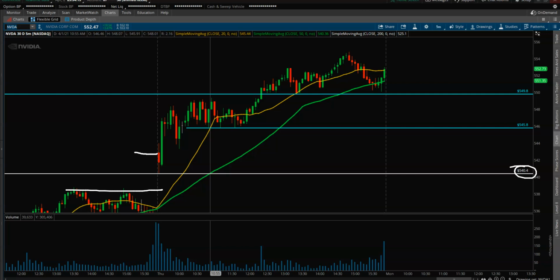If it did not go all the way down here and it got support right here, get long as it breaks the high of this 5-minute bar or as it goes above the same level, 541. Usually I like to see it take out the morning high to play a breakout trade rather than seeing it get rejected from here. So anyways, the level was 541. You could have placed a conditional order,